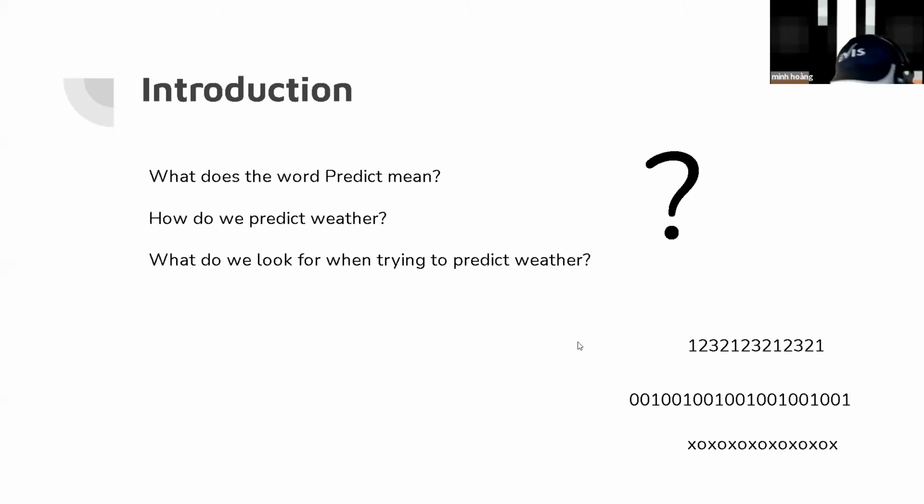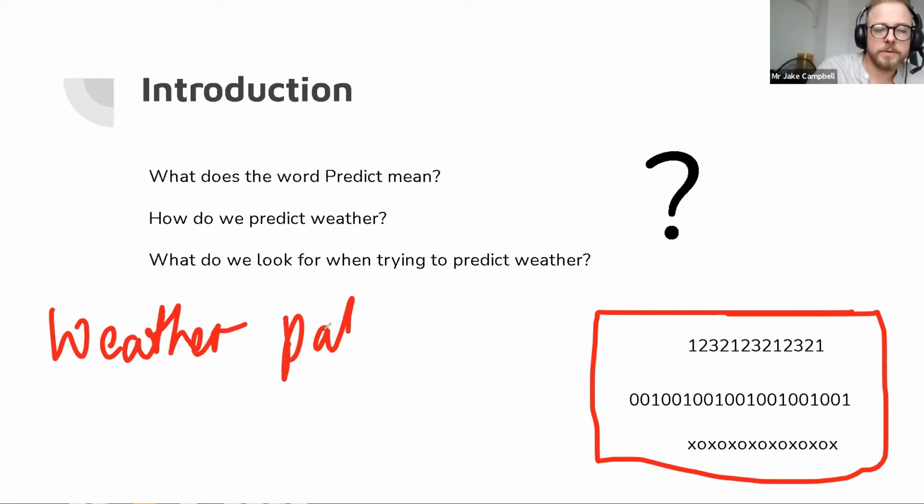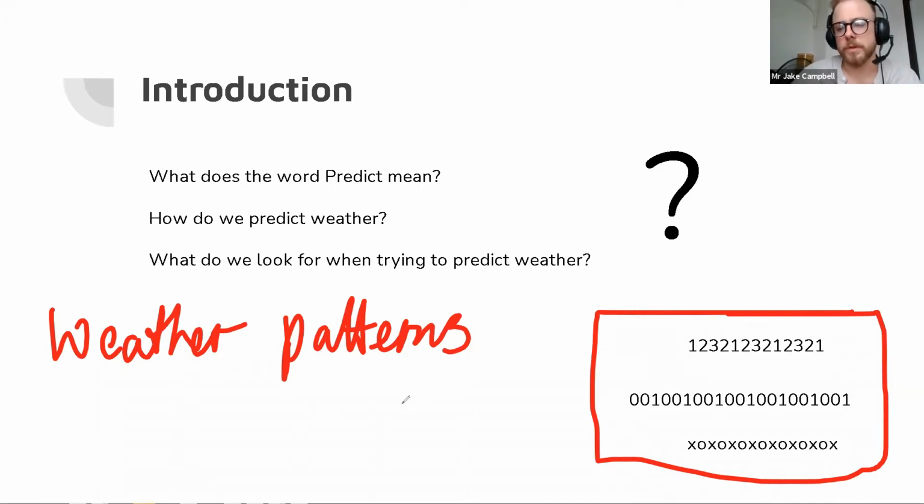Mean to get something. Guess something, but an intelligent guess, a smart guess, not a random crazy guess. All right. So, how do we predict weather? Well, we look for something. What do we look for when we are predicting weather? The pattern. Yeah, perfect. That is exactly it. We are looking actually for weather patterns. Weather patterns is when we can see something repeating itself in the weather or the temperature. When we see that pattern in the past, we can maybe predict the future.